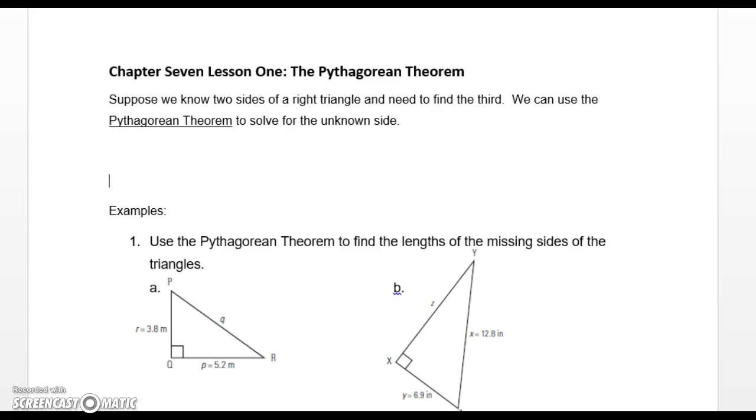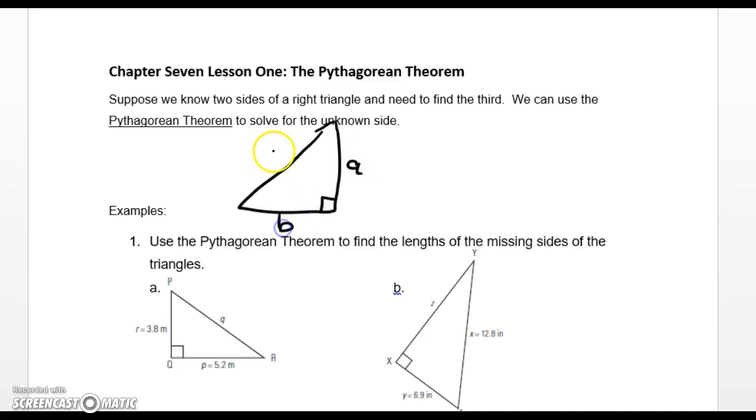In this video, we're going to look at lesson 1 from chapter 7, which is looking at the Pythagorean Theorem. So suppose we know two sides of a right triangle and we need to find the third. We can use the Pythagorean Theorem to solve for the unknown side. So suppose we were to have a right triangle with sides labeled